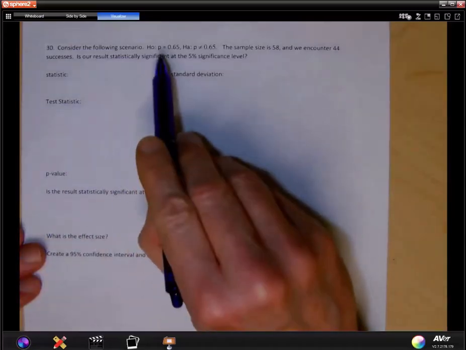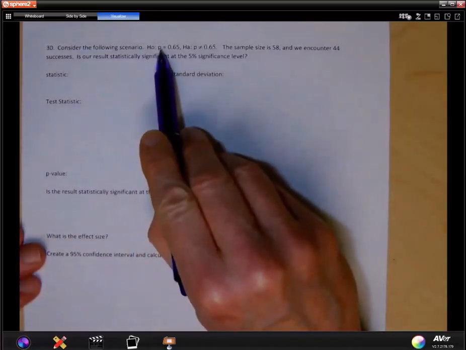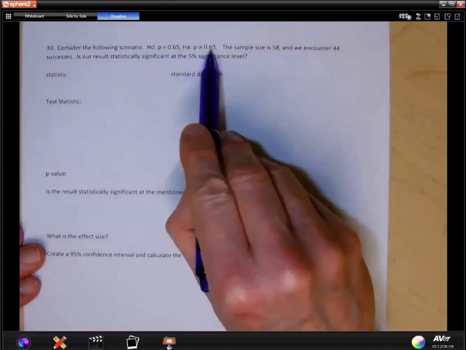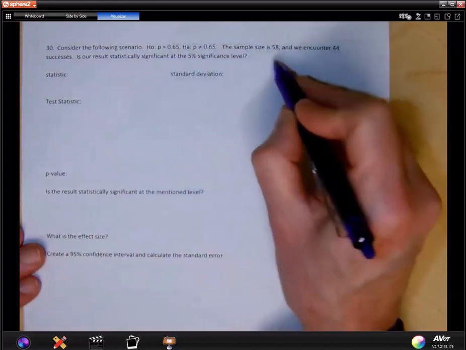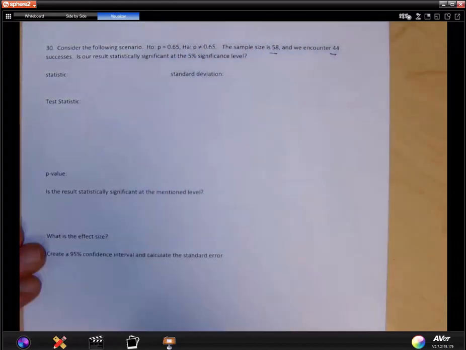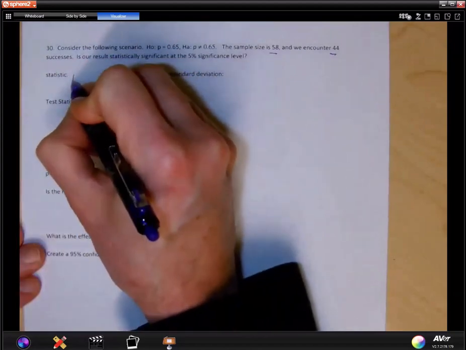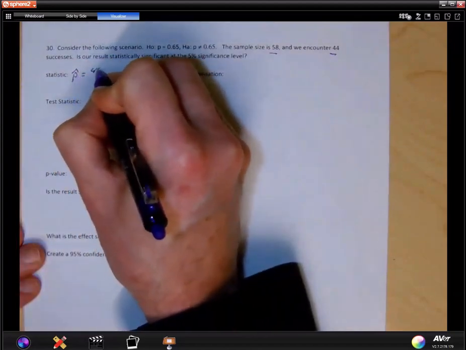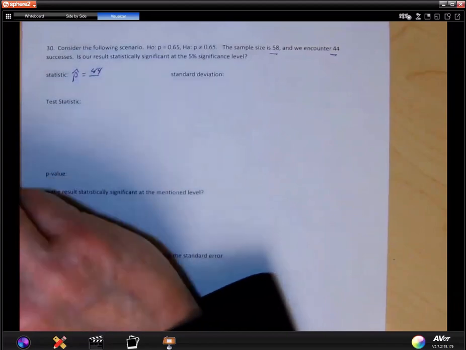You have another scenario here. We're running a hypothesis test, p equals 0.65, p does not equal 0.65. The sample size is only 58, and we encounter 44 successes. So my statistic, in which case it's going to be p hat, it's going to be 44 out of 58,